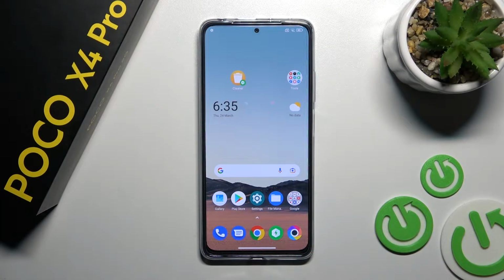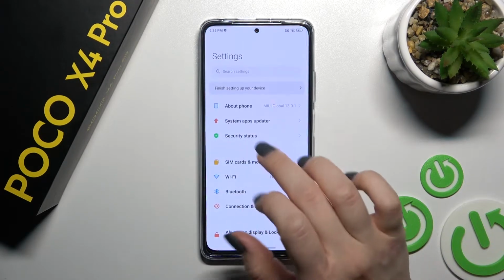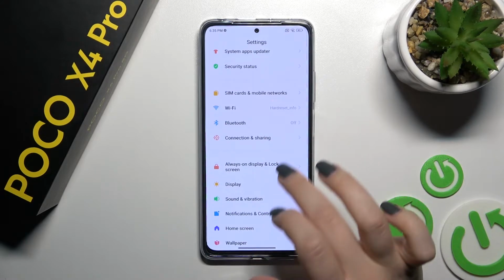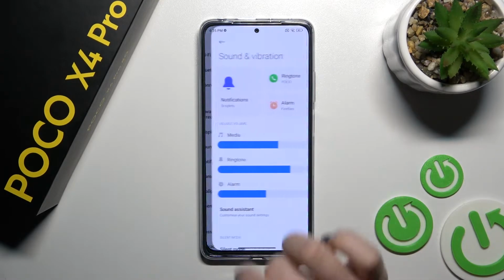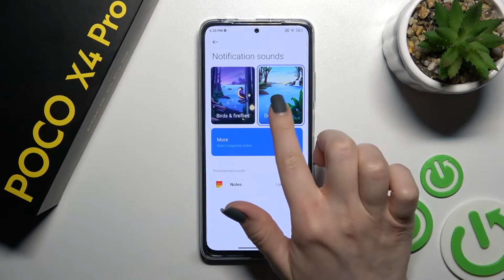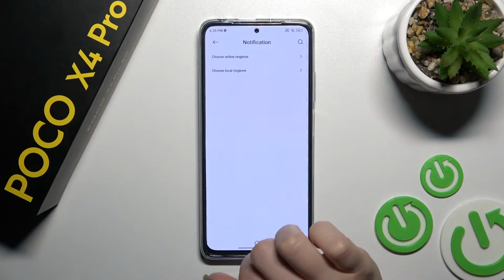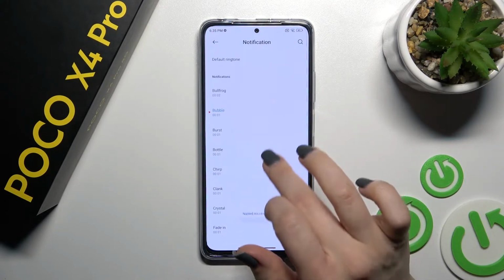Welcome, today in front of me is the Xiaomi Poco X4 Pro, and I'll show you how to change the notification sound on this device. So first you should go into the settings application and then click here on sounds and vibration. Now as you can see here, the notification section is at the top. Now we have selected the droplets. We can change it here or just click on more, and here you can see